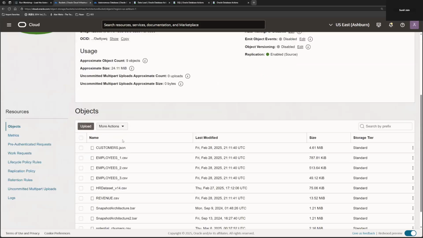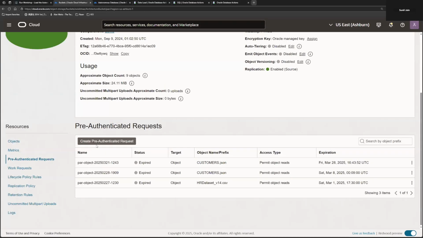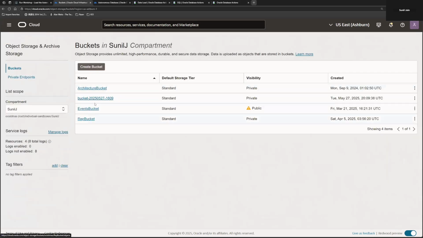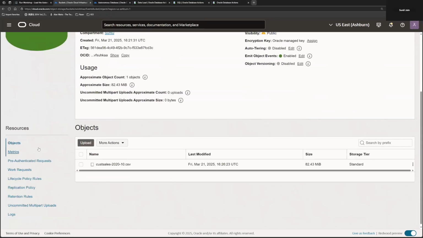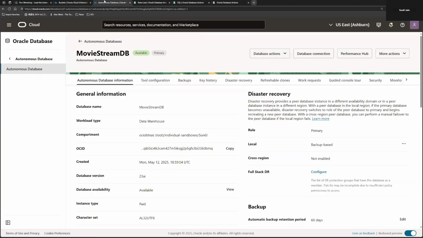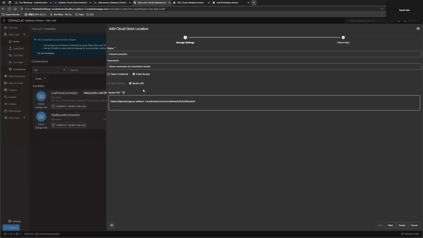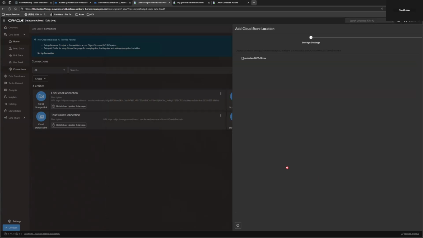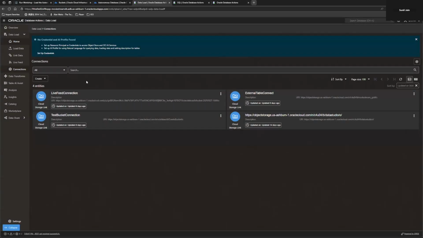So what we will need to do is create a pre-authenticated request, because this is a private bucket. I'll quickly go to my buckets and use a public one. Same deal, grab object details. Bucket, next, best sales 2010. And I do have another bucket, which, if you're following along with the lab guide, there will be a link to,